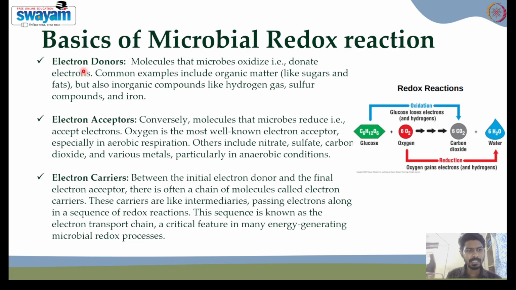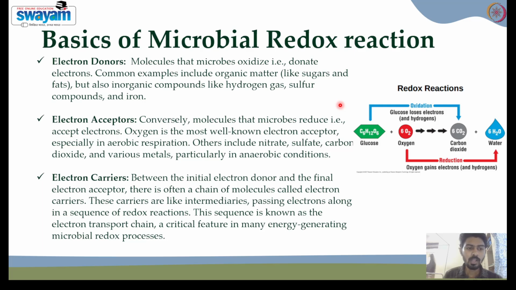So the next is the basics of microbial redox reactions, where we have to understand three major terms: the first one is electron donor, the second is electron acceptor, and the third is electron